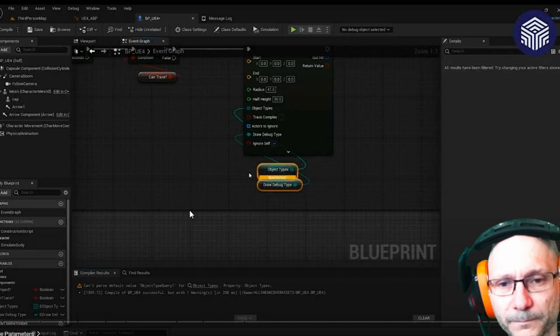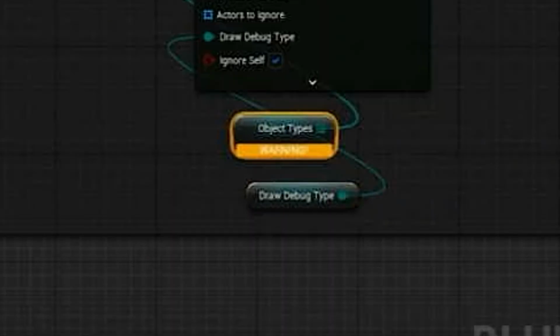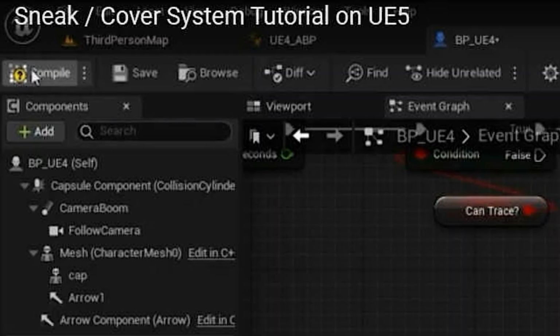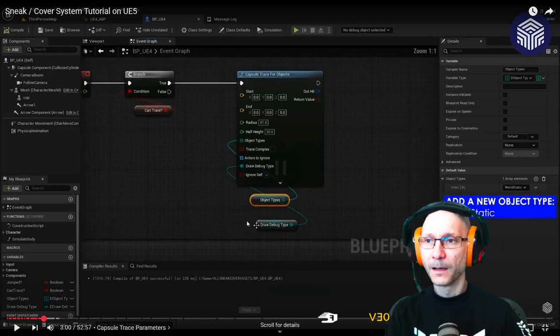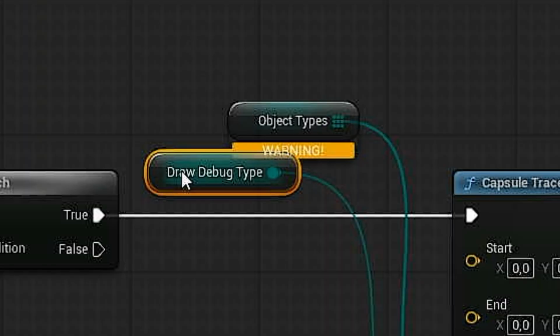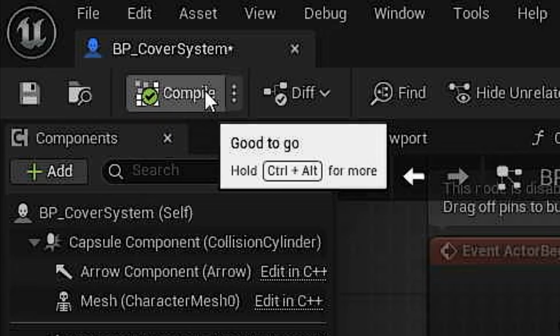Compile. Warning. Okay, warning. Add a new object type here. Compile again, save. Compile. Okay, I didn't know we were compiling already. It's compiled.